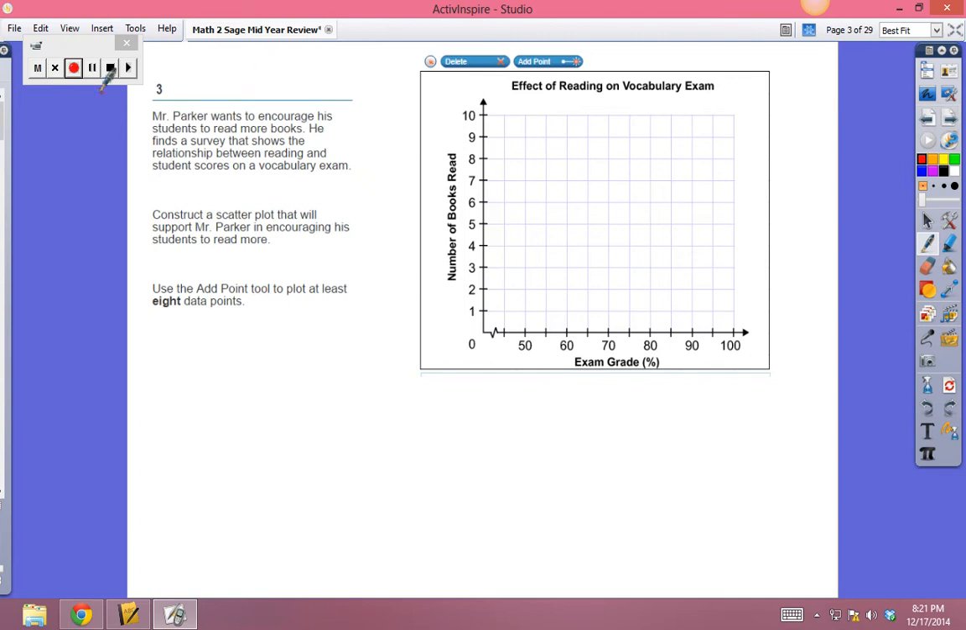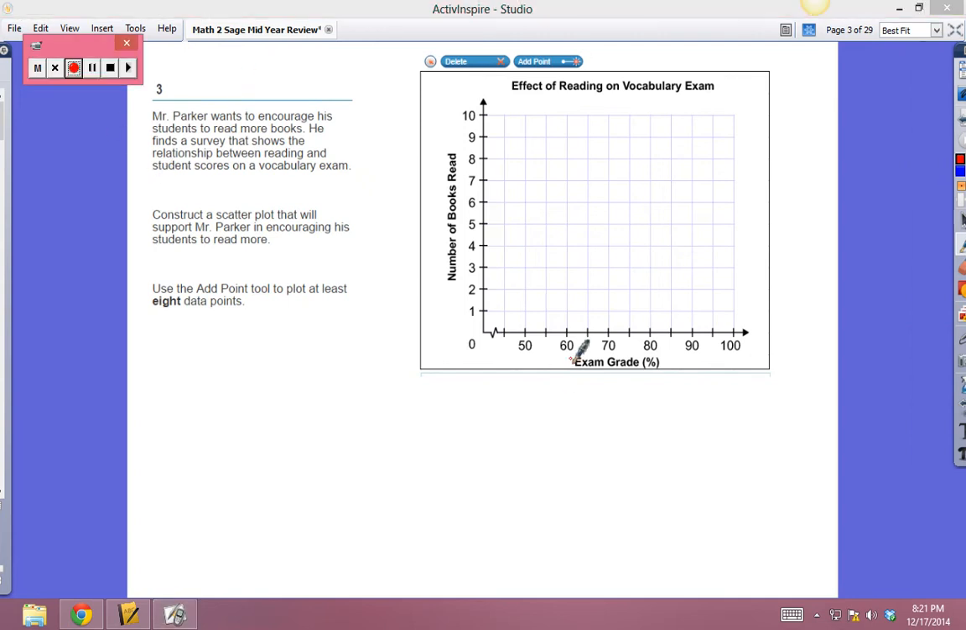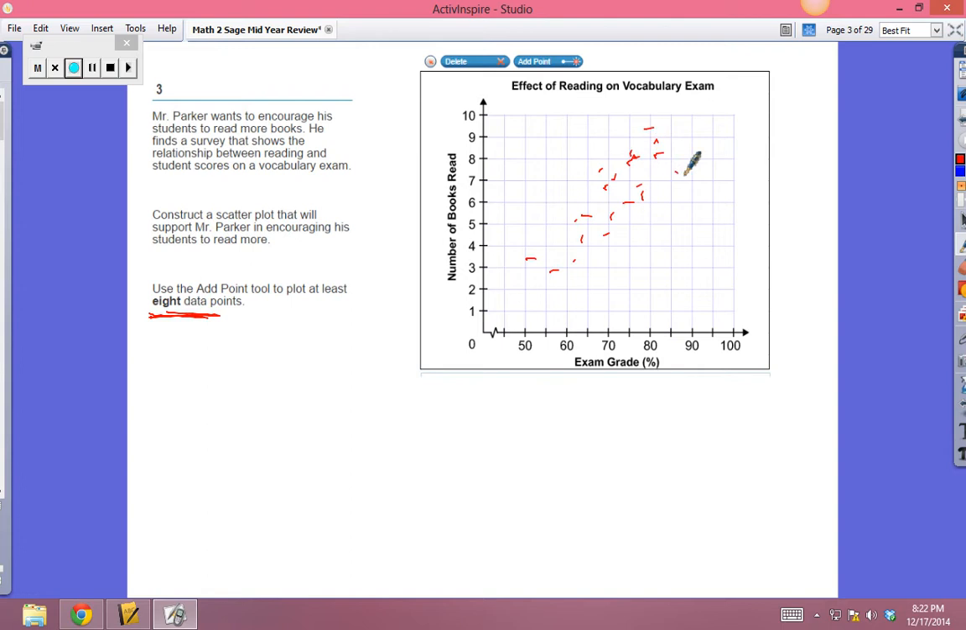Okay, number 3. Kind of a similar type of problem. There's several right answers. You need to have at least 8 data points that show the trend of the more you read, the higher your score is going to be. So a scatter plot is a sample of hundreds of data points, and if you plot them all, if you want it to show a positive correlation, they kind of need to be tightly grouped together,